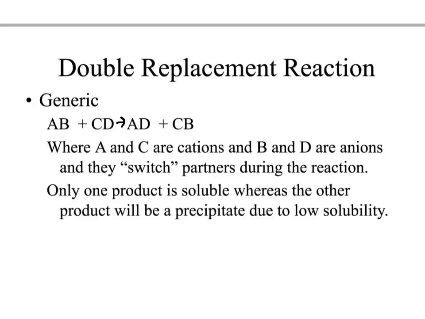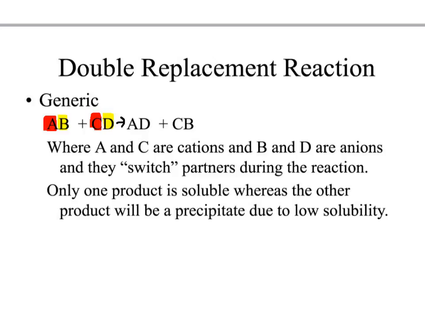Now keep in mind that when you have these ionic compounds, the cation will switch with the cation, right? So if this is my cation, it will switch with this cation, and so you can see we have AD and CB. So you have your cations and then you have your anions. And so when you're switching places, you have to make sure that you are giving them the correct partner,